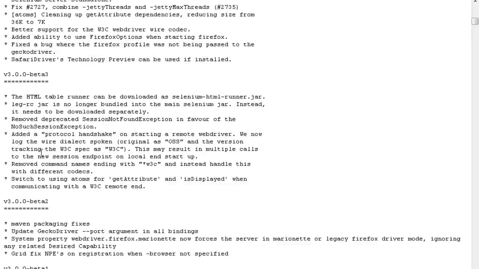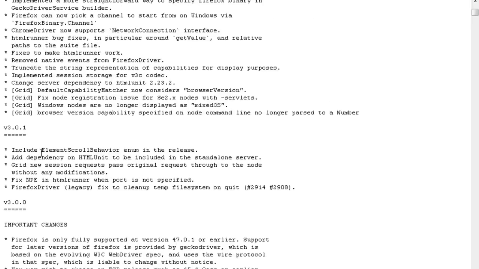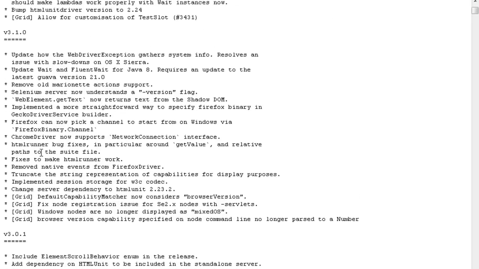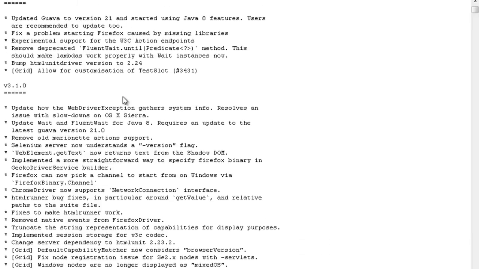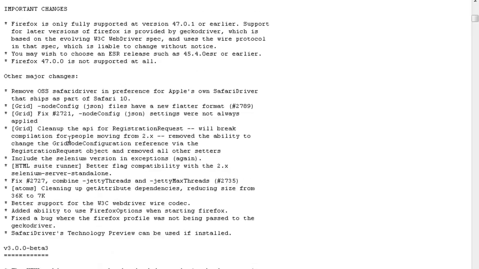I will gradually tell you in the course what happened in 3 and what were the issues faced. Like Firefox profiling, which I will talk about later, does not work in version 3. Even Fluent Wait was not working, which they have fixed in 3.1. So gradually they are fixing a lot of things.